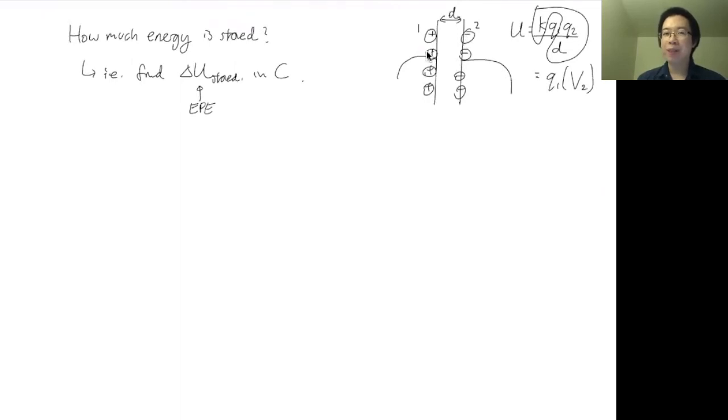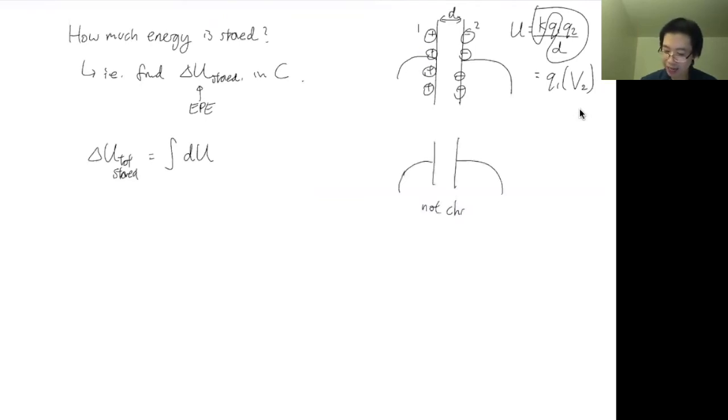But now you need to bring a lot of things to this side. Not only do you bring a lot of positive charge to this side against this, you also need to bring a lot of negative charge to this side against all these. So the total stored energy that is needed is the sum of all the little bits of energy. Remember how we read these in physics, as a big change. Initially this is not charged, so I'm going from initial to final.